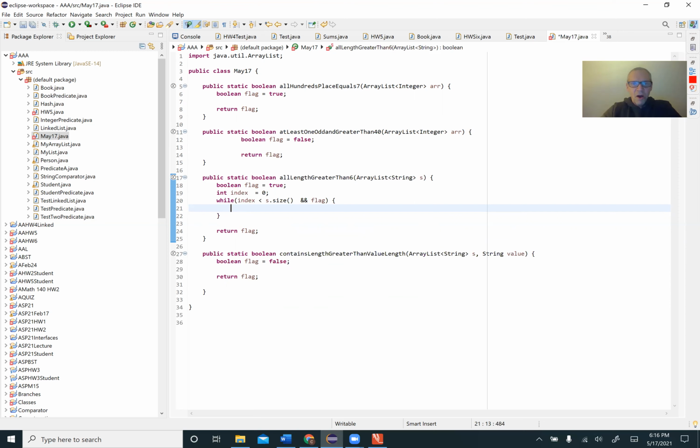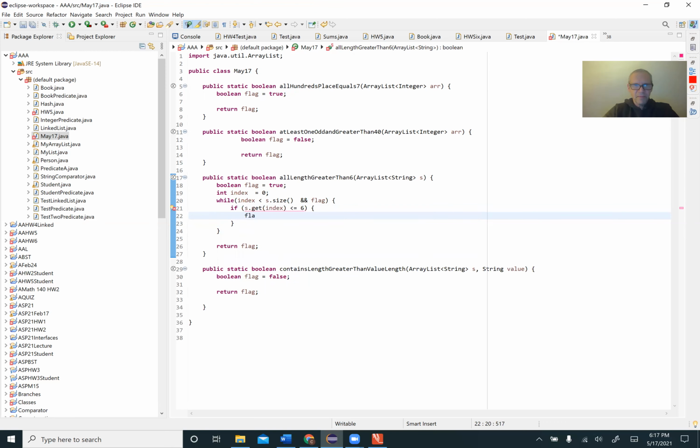Okay, so all lengths greater than 6. Here's one way to do it. So let's say if s dot get index is less than or equal to 6. Here's one way of doing it: flag equals false. So if we find a string whose length is less than or equal to 6,